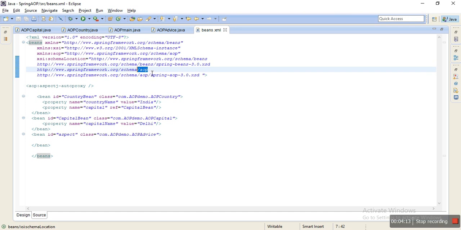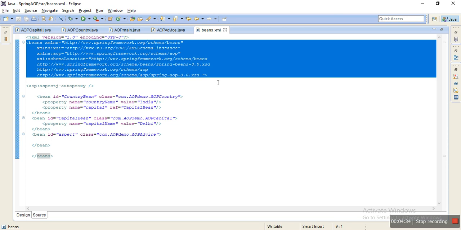AOP stands for aspect oriented programming, and for this you will require some more jar files also, and that's why I have added some more schema location files, XSD, XML schema definitions. So your bean file will have something extra.